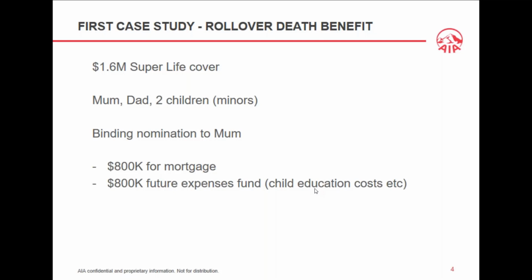But what I want you to think about is what your advice is to mum, being the surviving spouse, at that point in time, given that mum is indeed the nominee on the binding death benefit nomination form, in light of the objective here to clear $800,000 of debt, but most importantly, given this extra pool of capital that we've got sitting on the sidelines that we need to find a place to invest for.